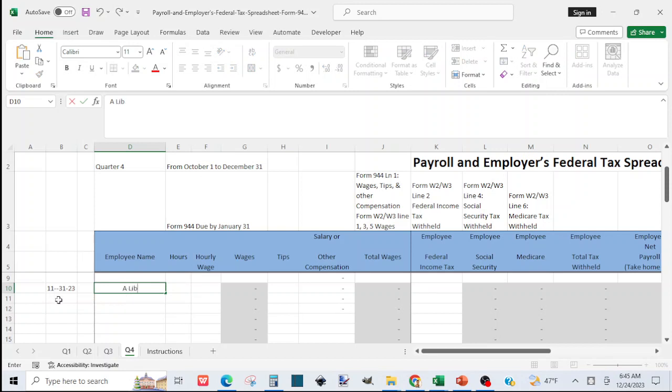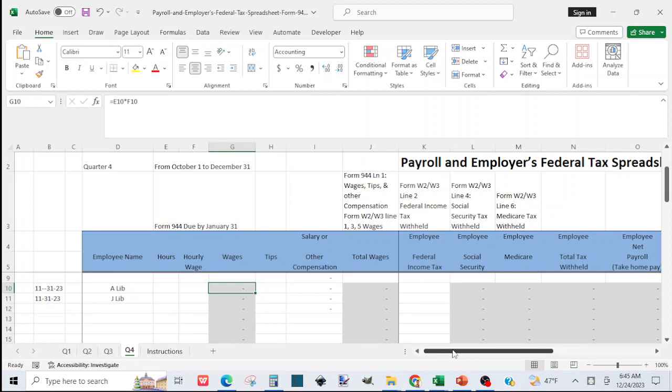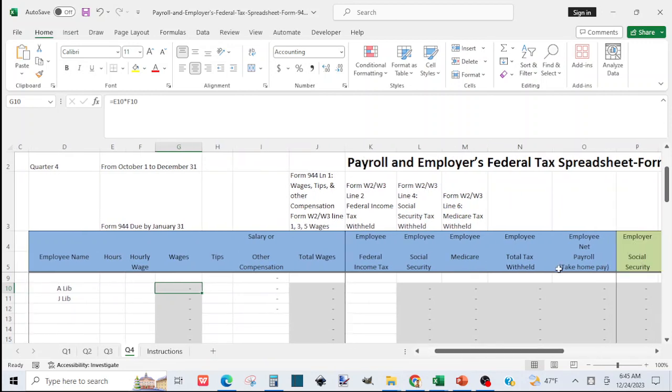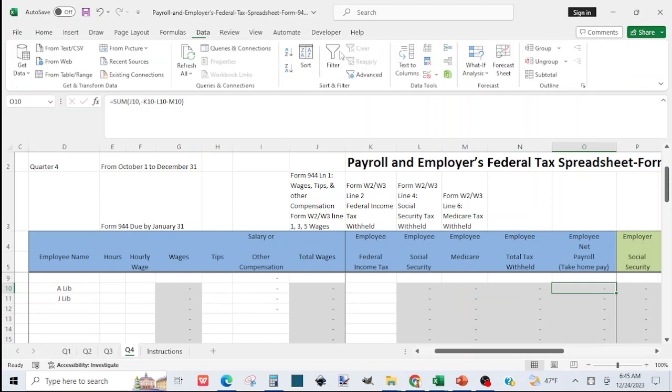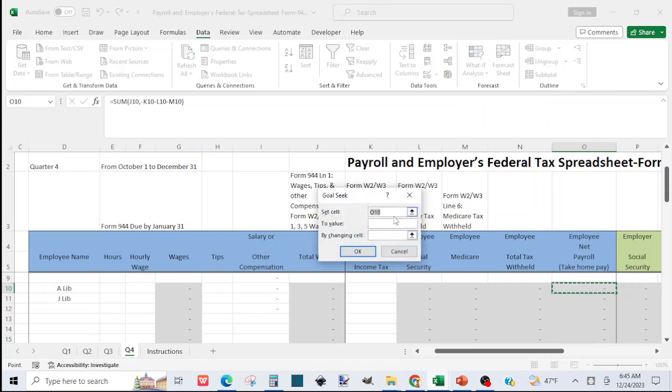And then the second person. $100 was the net. So I like to go with CK, so I know that the person is going to take home $100. So I will goal seek that